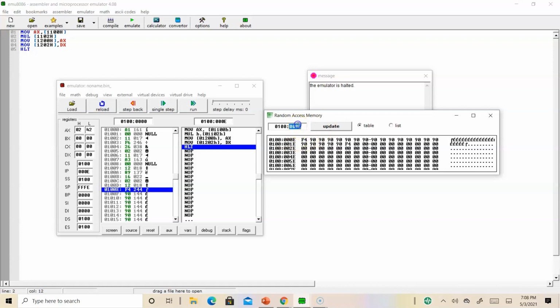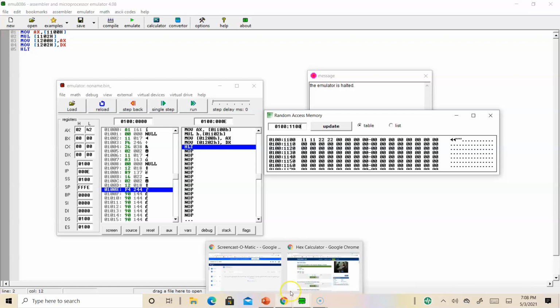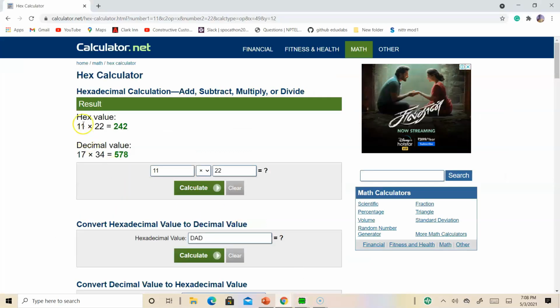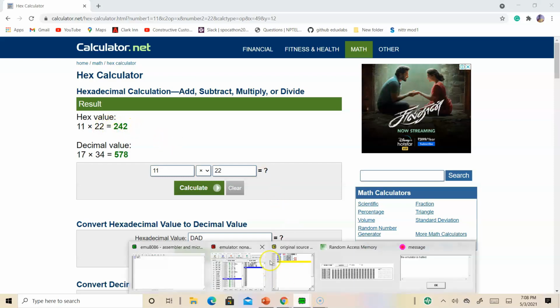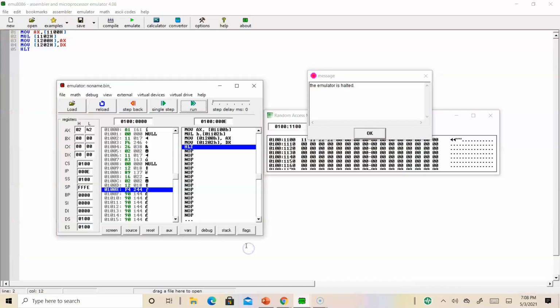In 1100 the lower byte value is 11, and 1102 is 22. When you perform the multiplication 11 into 22, the result is 242. That is what you are getting here also, correct. So here I am getting 242 as the result.